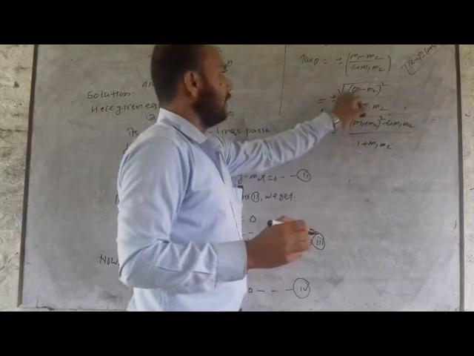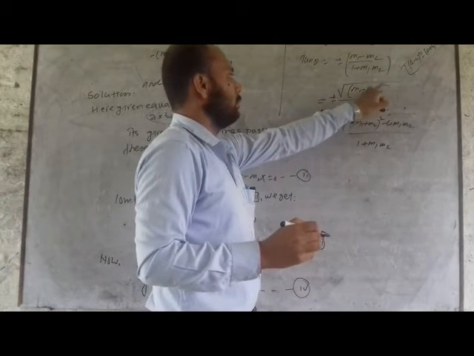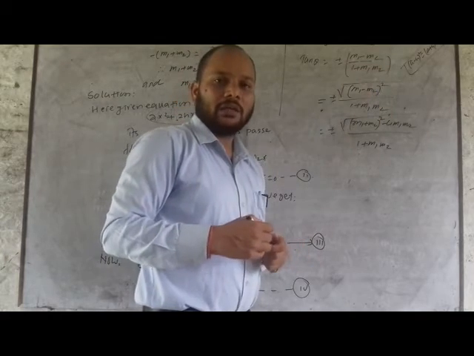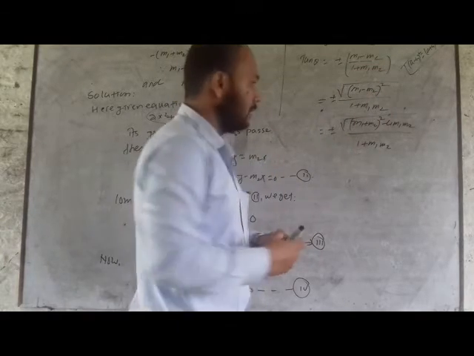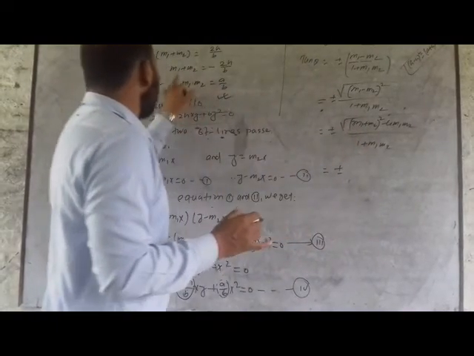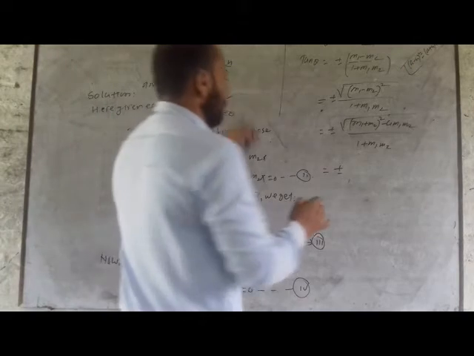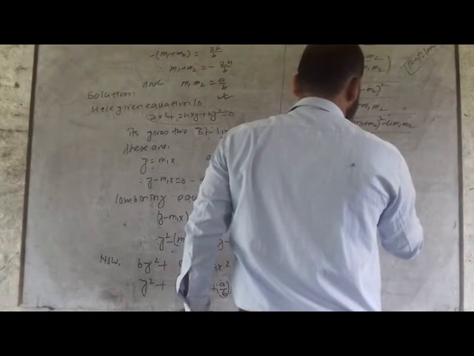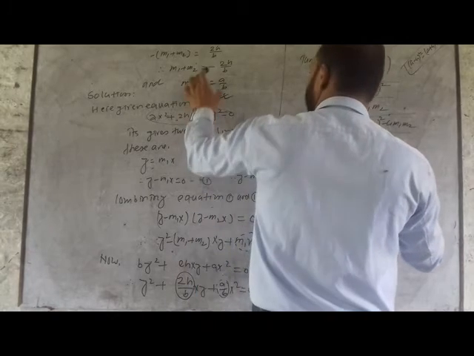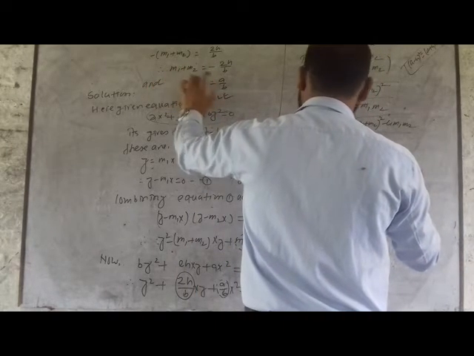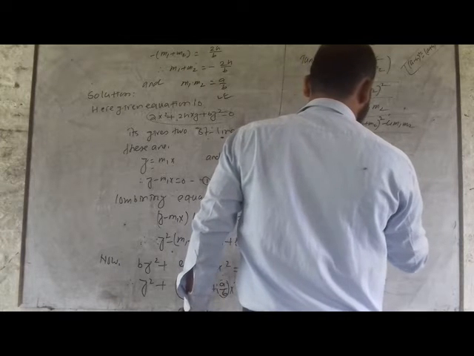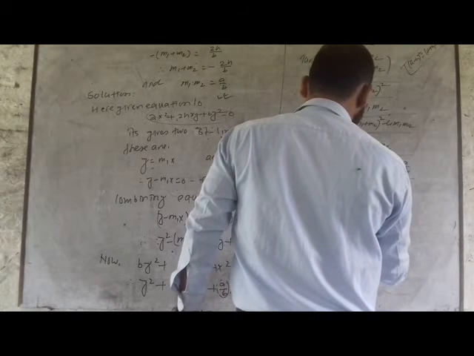We can easily write it in the root form, because when we free from the root again we get m1 minus m2. So we write under root a square, same as this. And here we have the value of m1 plus m2. What is the value of m1 plus m2? Minus 2h by b, its square, and m1 into m2 is a by b. You put the values from here of m1 plus m2 and m1 into m2, taking root here. Okay, I am going to calculate this.